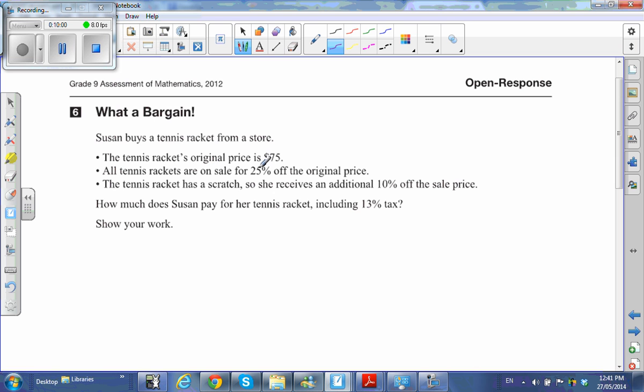The mistake some people do is they want to just add those together. Now it would be in the ballpark if you added 25 and 10. And if you're doing it that way, you might as well take off or add on the 13%. Okay, but really what you've got to do is take 25% off, find that price, take an additional 10% off that new sale price, and then add your sales tax on, okay? So we're going to go with initial discount. So it's going to be 25% of our $75,